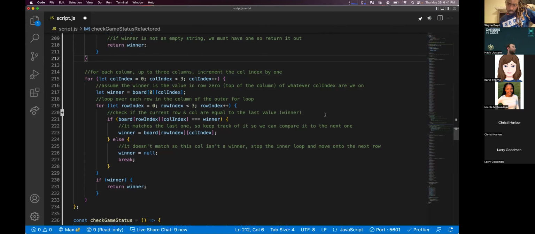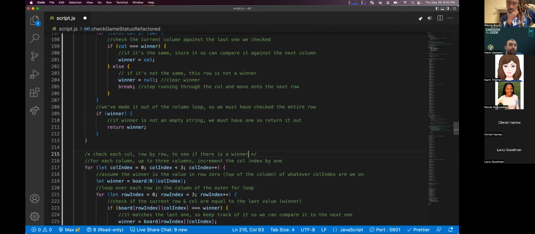And then we go down and we explain through all that code. Same for down here. Check each column row by row to see if there is a winner.